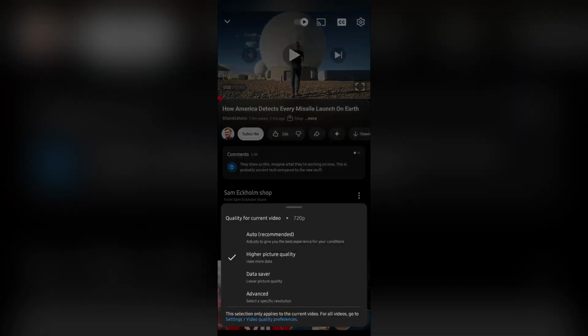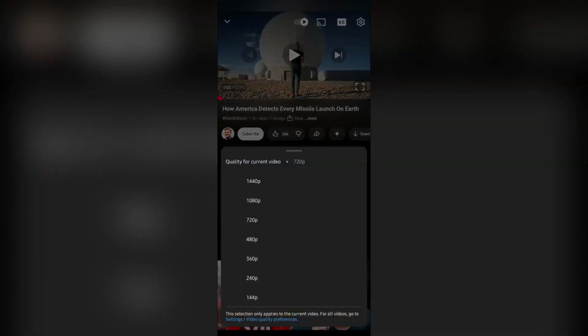Now if you have a stable internet connection, you should go to the advanced, and after going in there you can select the quality for your video that you are playing as you want. This might not be available for every video, because if a video is uploaded in 360p quality, you cannot make it 1080p quality without using any third-party application or something like that. So if the video has the quality in it, then you can upgrade the video quality or enhance the video quality like this very